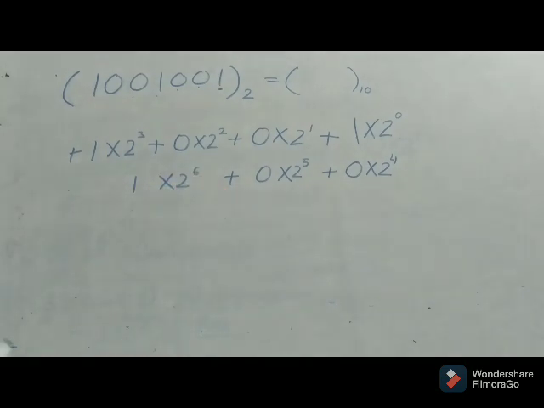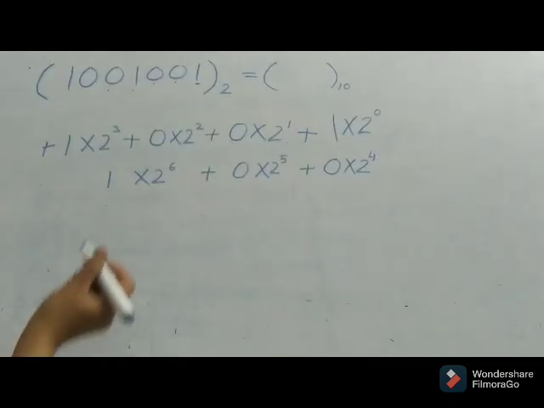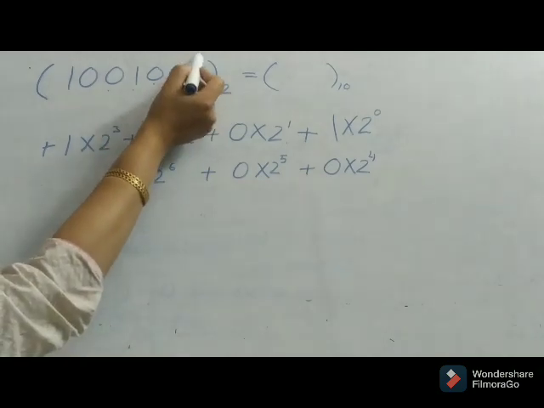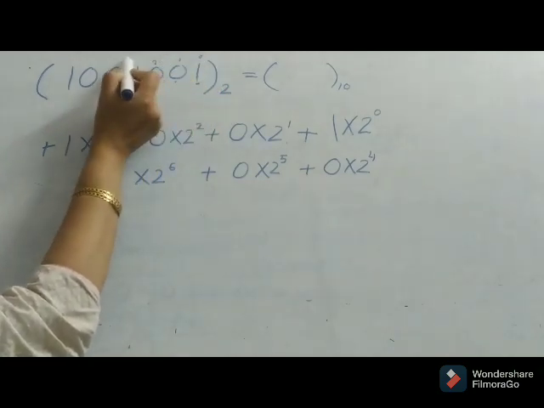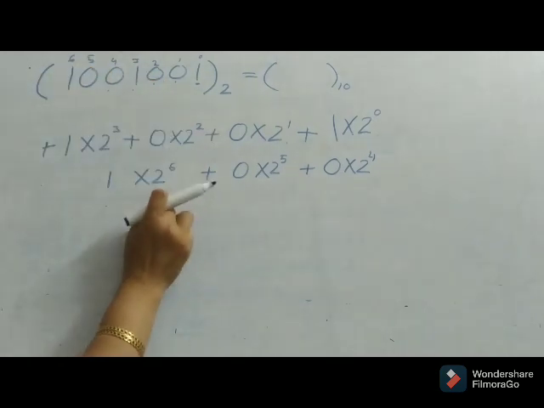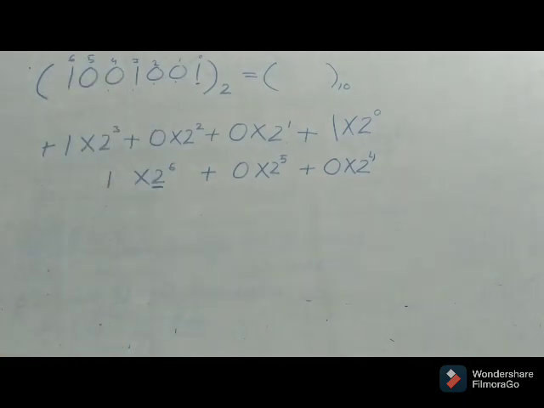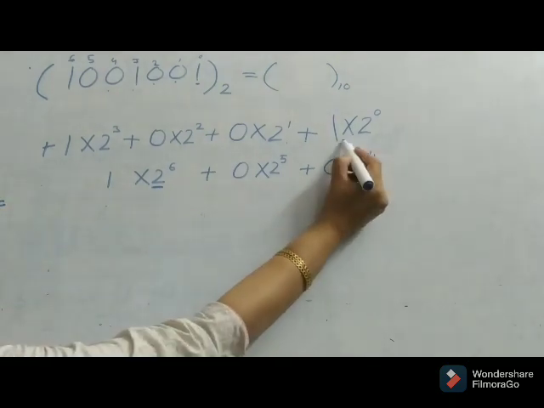Now here I would like to tell you one more trick. If you want to see whether you are approaching in the right way, you just need to write 0, 1, 2, 3, 4, 5 and 6 above the digits. When you end up here, you must check whether you are getting 2 to the power 6 or not. If it's not coming the same, then it means you must have missed one digit. So just for checking whether you are going right or wrong, you can write these digits on top of the string.